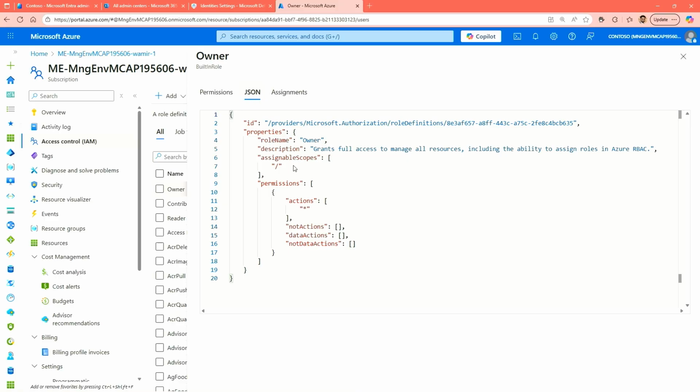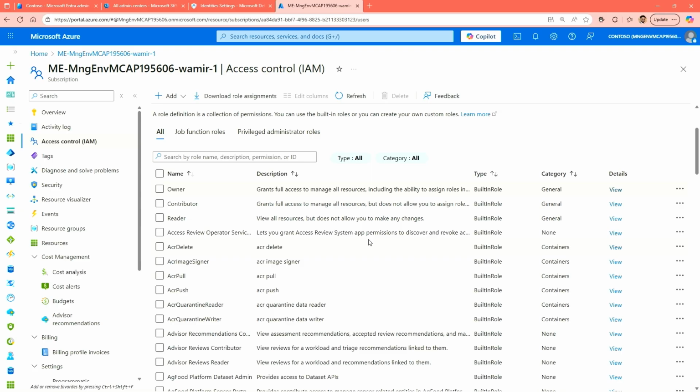You can simply pick up some details from in here: this is the role name, this is the description of the role, and it's currently assigned at the root level. Currently, the action that this role can perform is all. They can do everything. Are there any restrictions on this role? Well, no. Under not actions, I don't see any restrictions labeled. So as an owner, you should be able to do everything in your environments. If you're the owner of a subscription, you can do whatever you like in that subscription: create resources, delete, add others, permissions, all of that you can do.